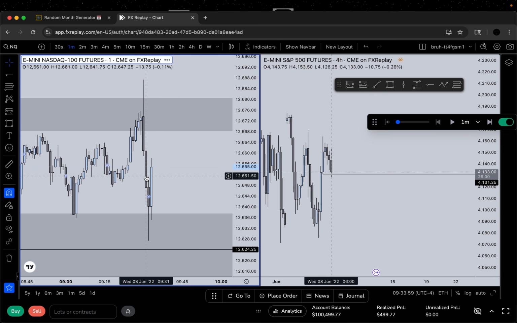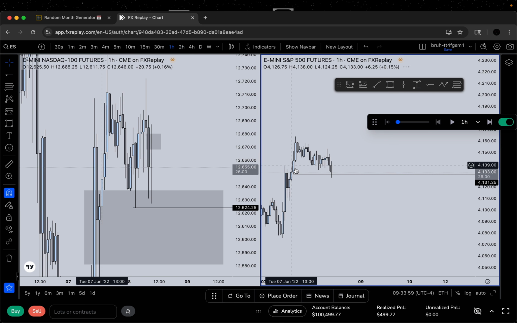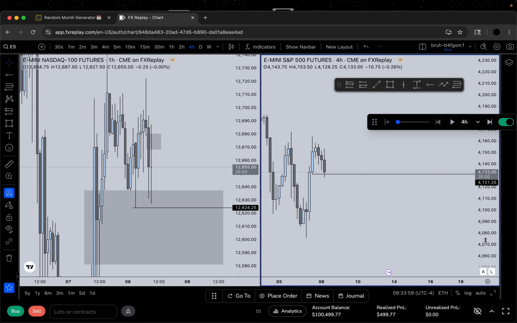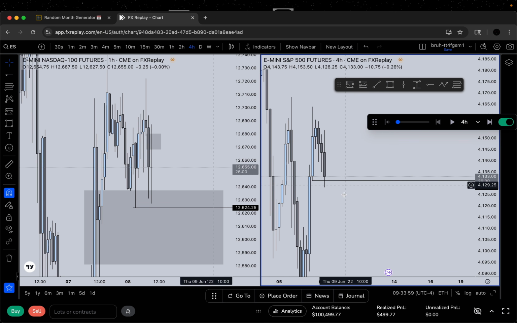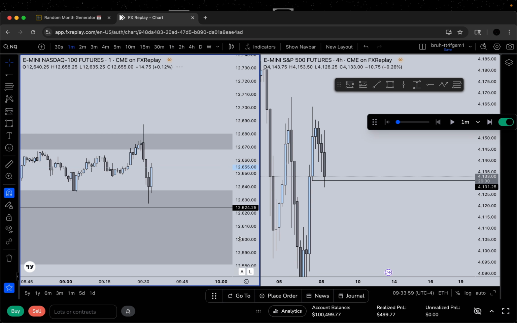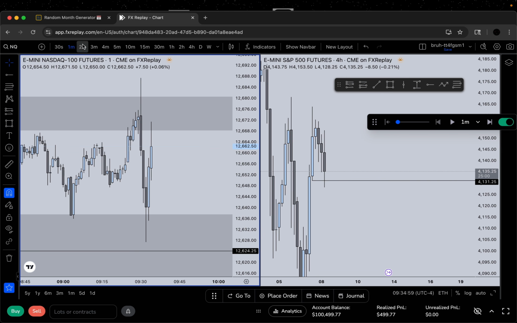Okay, so ES. Why do I not care about this low being swept? Well, for one, NASDAQ already printed an SMT at this low. And now we're printing an SMT at this 4 hour gap. It's not an SMT, NQ's already in it, but now ES is in a good spot of distribution, and technically we don't have to take this low. So we've swept liquidity, put in that SMT, and hit an imbalance. So we don't need to take the low. It'd be nice to, but we don't need to.